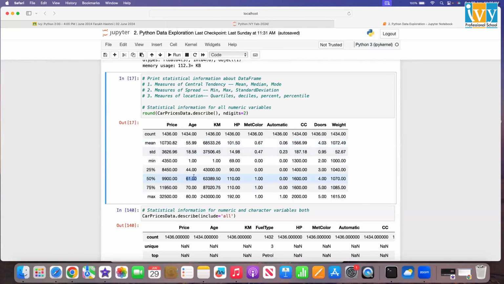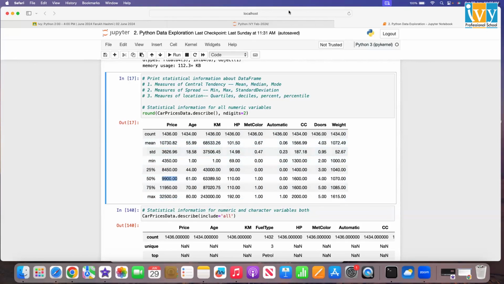Now you will notice if you have outliers on the left hand side, the mean value over here is less than the median value. Mean is shifting towards the left hand side outlier. So mean value 55 is low as compared to median. And in this scenario, since the outlier is on the right hand side, the mean gets shifted towards the right hand side. So here the mean value is more than the median value.